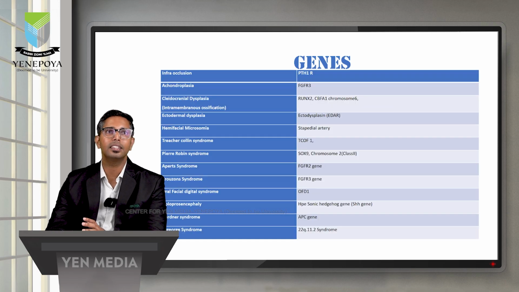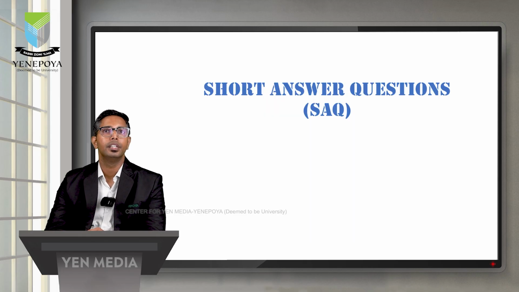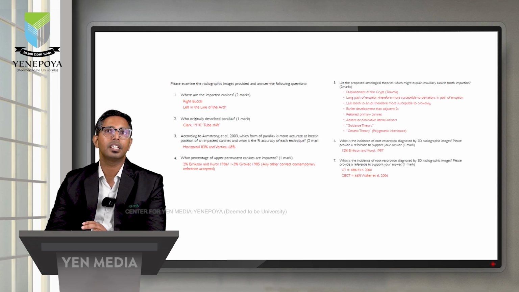Now you can take a screenshot of this. These are all the genes which are responsible for all the syndromes which are given in Coburn as well as in Bristol notes. Now coming to some of the questions which are there,